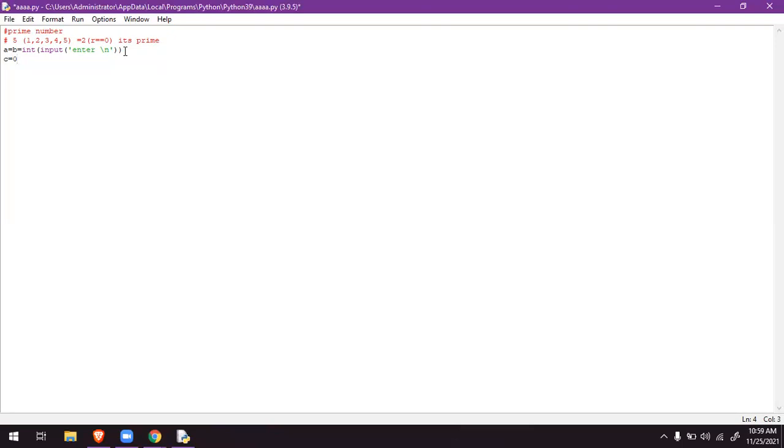After that, I'm taking another variable called count. Initially count is 0. What I have to do is divide the number which the user has entered, so we have to use the for concept: for i in range. Which range are we talking about?